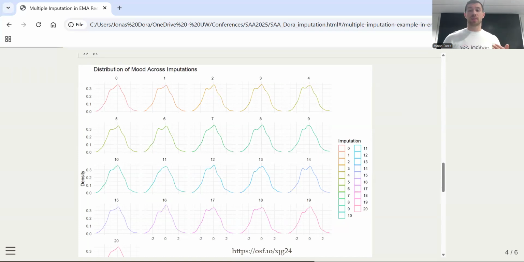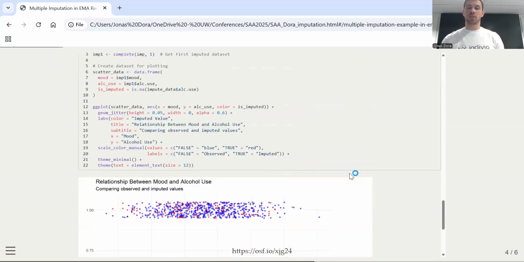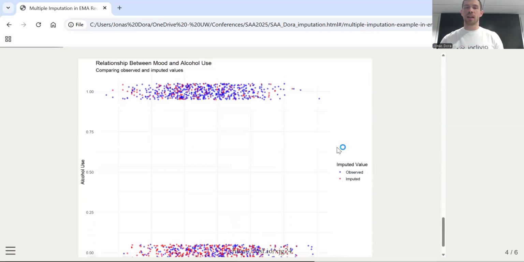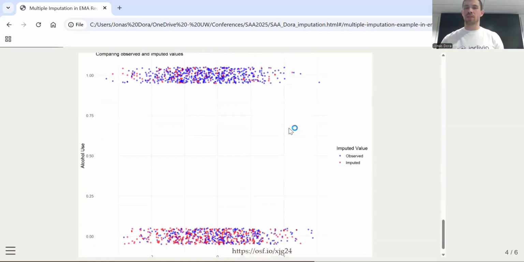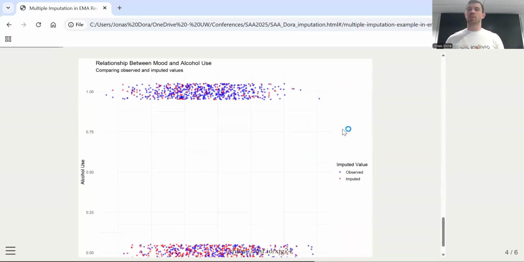went wrong. So for instance, something that happens often in my research is that in the observed data, I have a variable that has a really heavy skew, and then it comes out perfectly normally distributed in all of the imputed data sets, then you know that something went wrong. I also like to grab one of the imputed data sets and plot the imputed against the observed values. Again, these don't need to map onto each other one-to-one, but this can tell you if something went wrong. So for instance, if all the red dots, all the imputed values, are in one corner, then you know that something went wrong. So this looks good.